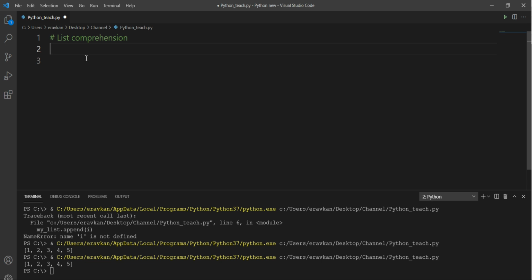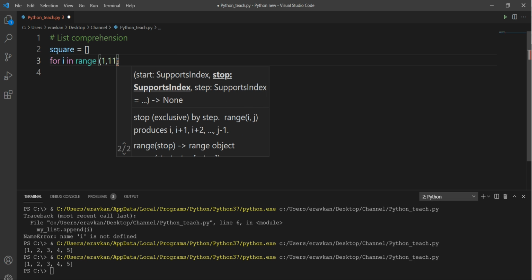Suppose I have a list, square equal to an empty list. Then I do for i in range 1 to 11.